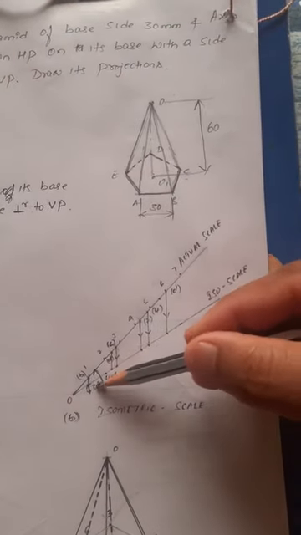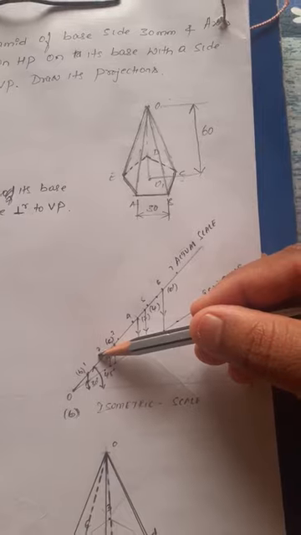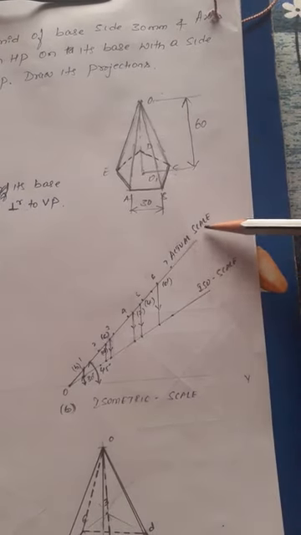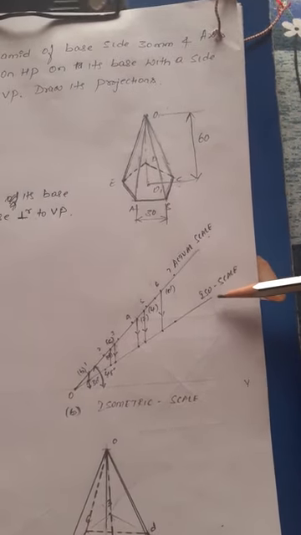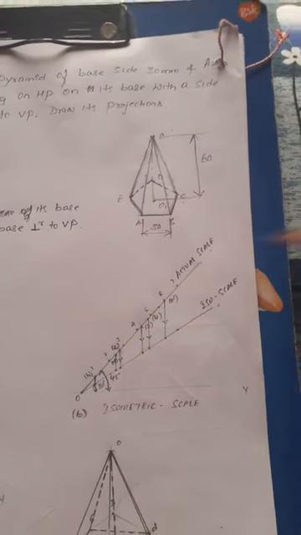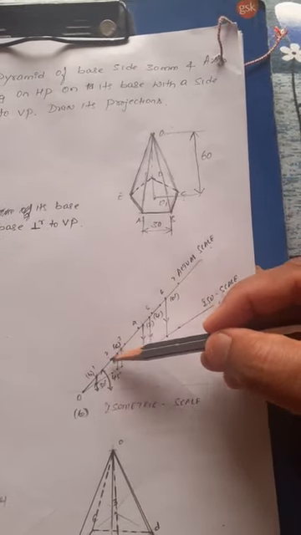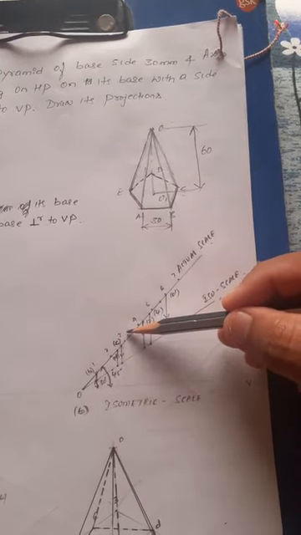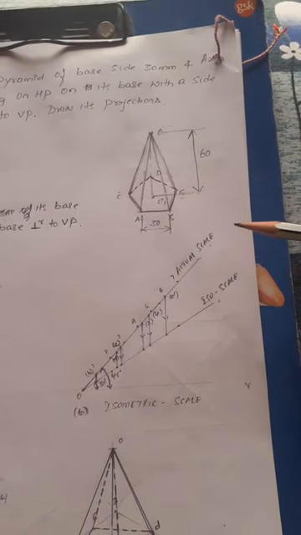Then you go for drawing the isoscale. One is a 30-degree line, another one is a 45-degree line. The 45-degree line is called the actual scale, and the 30-degree line is called the isoscale, right? Okay, on the 45-degree line, mark the centimeters 1, 2, 3, 4, 5, 6 centimeters, right?